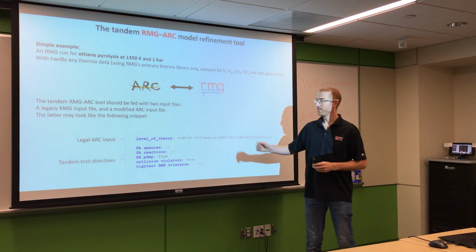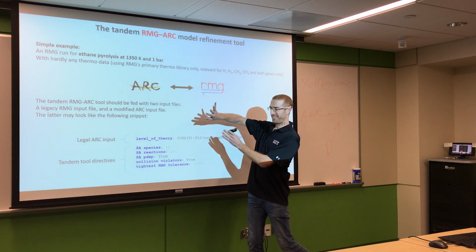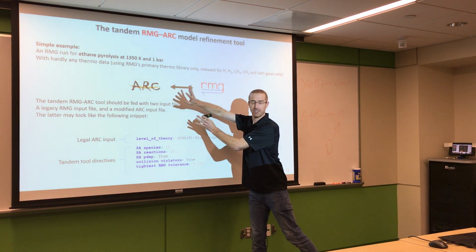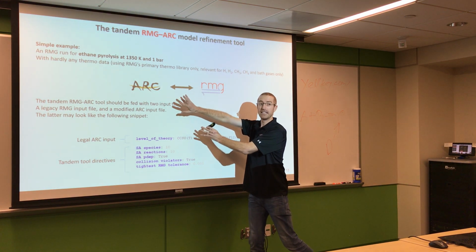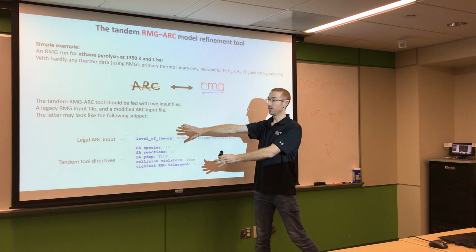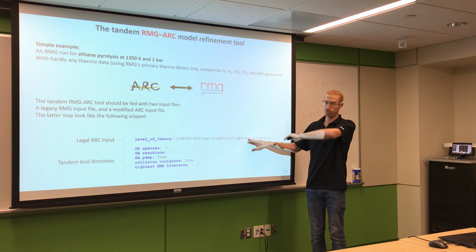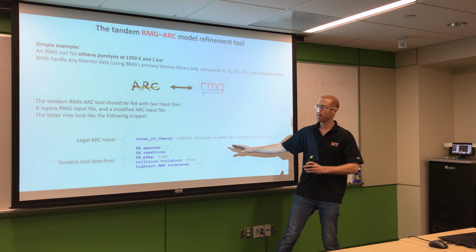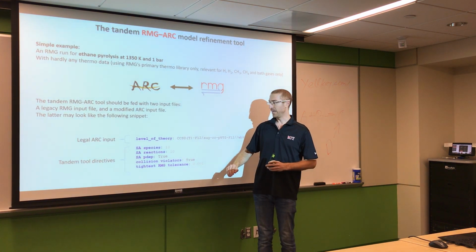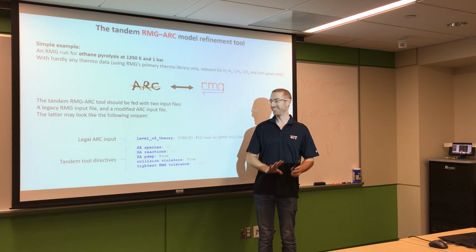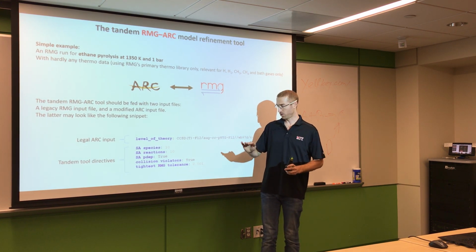So here's your input file. First you have your legacy RMG input file. All right, you have the RMG input file, and you have an additional Arc input file with some Arc directives. For example, level of theory and whatever you want for Arc. Then some additional directives, not all supported currently, but we're working towards that. What's currently supported